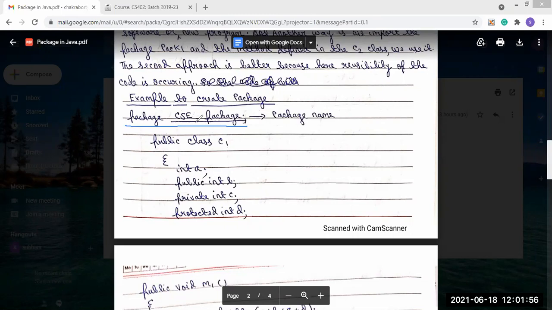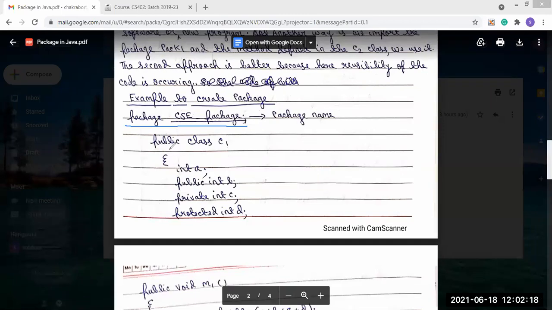This is the package I want to create. So first, remember that the package keyword should be used, and after it you write the package name, whatever name you choose. I have chosen CSC_package.